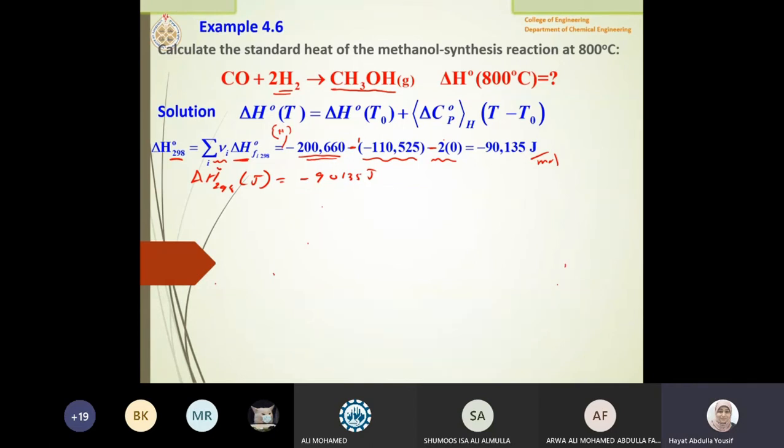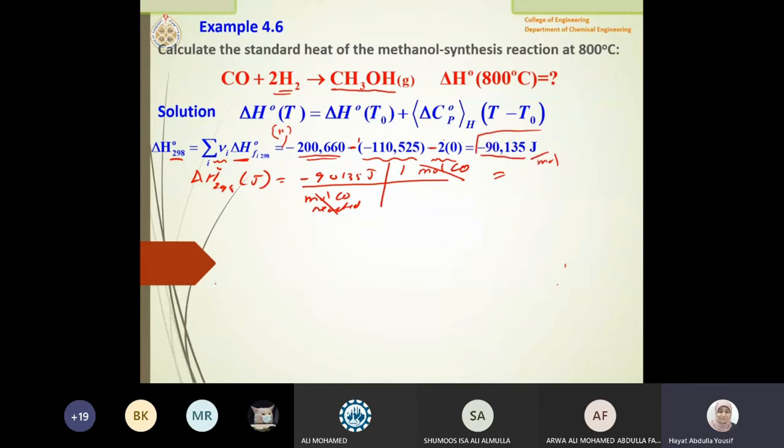Okay, this value is per mole of CO reacted. Next lecture, I will explain why specifically per mole of CO reacted. You can say per mole of CO reacted or per mole of CH3OH produced, because this is the limiting reagent here. You can test which one is the limiting reagent using chemistry. But apparently both will react, both will complete, so I can consider it as the limiting reactant. And then I have from the information that I have 1 mole of CO reacted. So in this case, the final answer will be the same. But Smith did it in one step, that he just put it in joule directly.